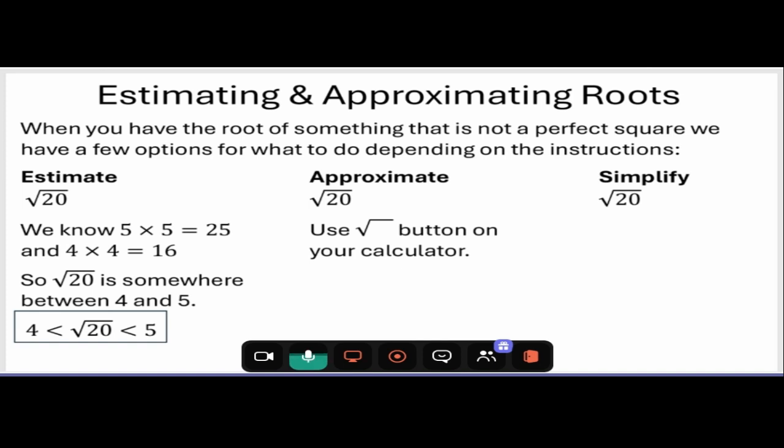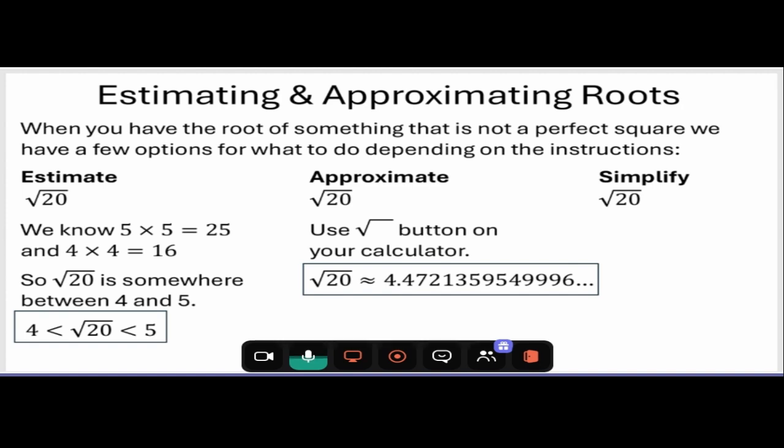So approximating a square root. For this, we pick up our calculator and we find that square root button and we type in, depending on your calculator, you'll either type in the root button and then 20, press equals, or 20 and then the root button. There's two different types of calculators which operate in the opposite direction for functions like square roots and other ones as well you'll get into later. So if you do that, figure out which way your calculator works, you should end up with the number 4.472135595, and so on, and so on, and so on,